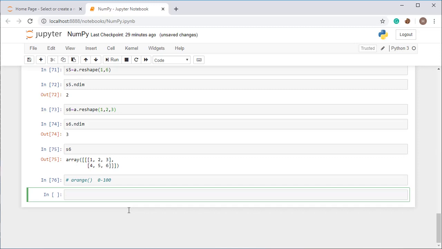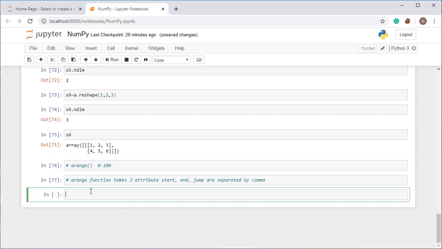It also takes 3 arguments: a start value, then an end value, and another one, the jump. And all these are separated by commas. All right. So we can use the arange function for creating an array.